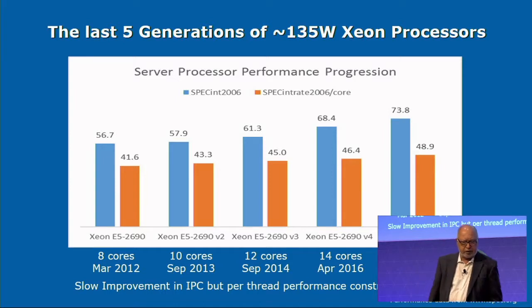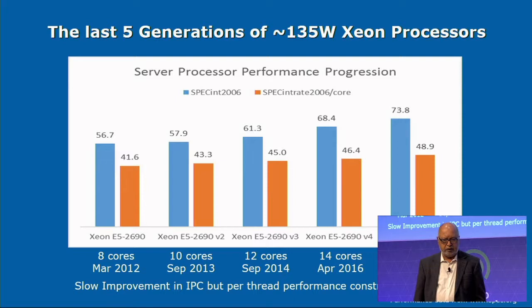So here's what I did. I went and looked at the last 5 generations of the Intel Xeon processor, starting with Sandy Bridge being the one in 2012, followed by Ivy Bridge, Haswell, Broadwell, and then Skylake. And I picked the 130-watt processors because back in the Sandy Bridge generation, the two-socket servers,